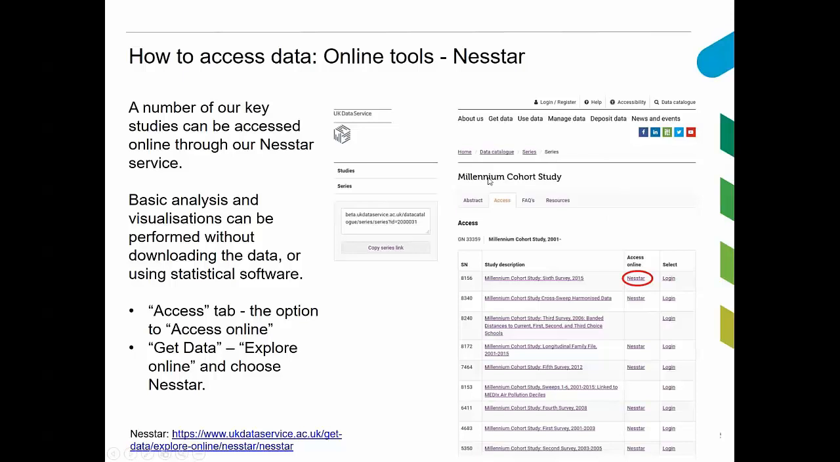We are on the Series page of Millennium Cohort Study, and the Access tab lists all the available datasets for use. You can see that this is an example of a dataset that can be accessed online, whereas the Millennium Cohort Study third survey does not offer online access. Another way you could check which datasets could be accessed online is by going to our Get Data pages,